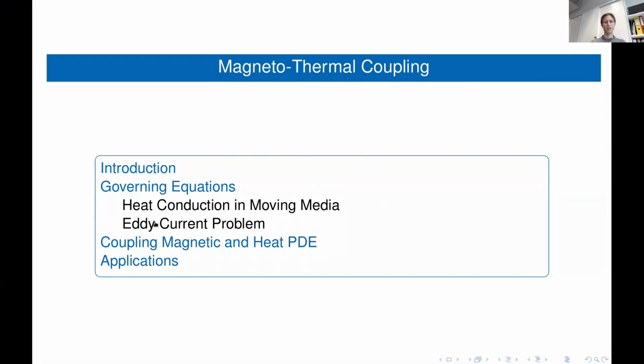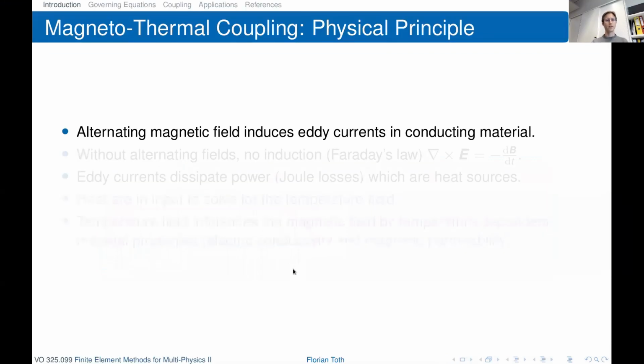And of course, we need the eddy current problem. And then we'll discuss how these two PDEs are coupled and also review a few applications where the modeling strategy is actually applied. So let's go again into the physical principle of